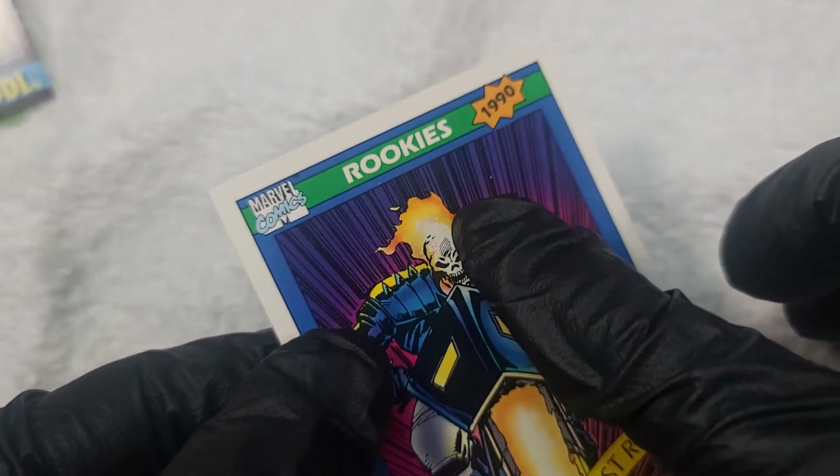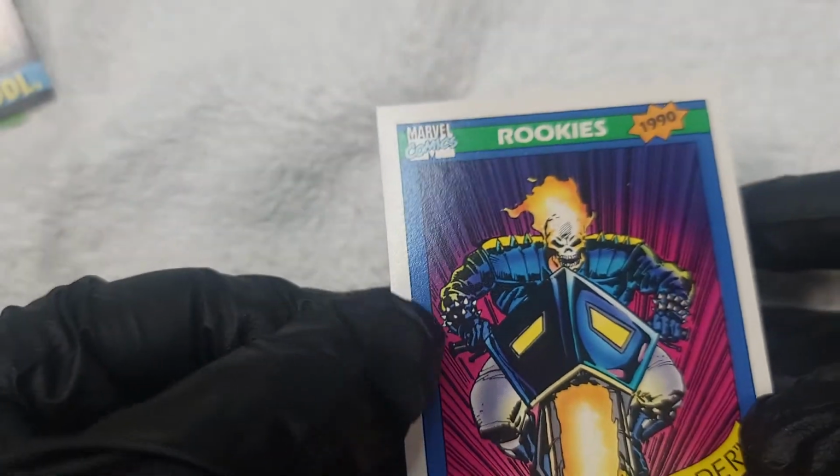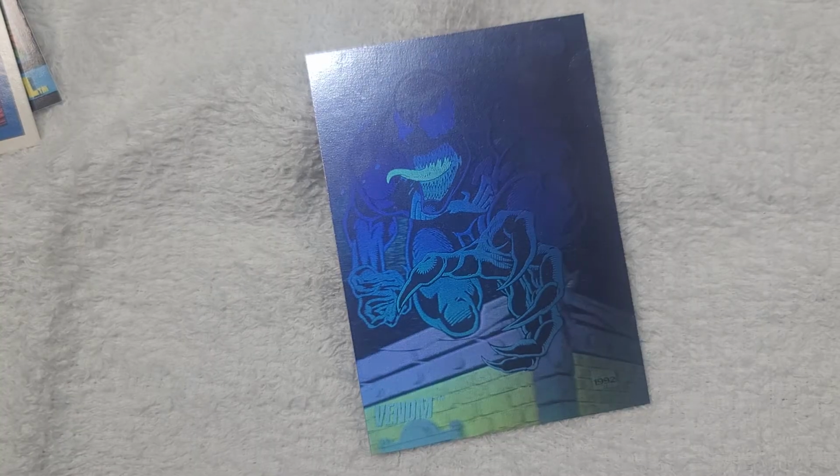I'm going to have to say, because of the lifted corner, you got a dimple. You have a little bit of chipping, I guess, a little flaking there. You've got, as I mentioned, that corner. I'm going to go with an 8.5 because everything else looks really good on this card. So I'm going to go with an 8.5 on the Ghost Rider. All right, here we go. We got a